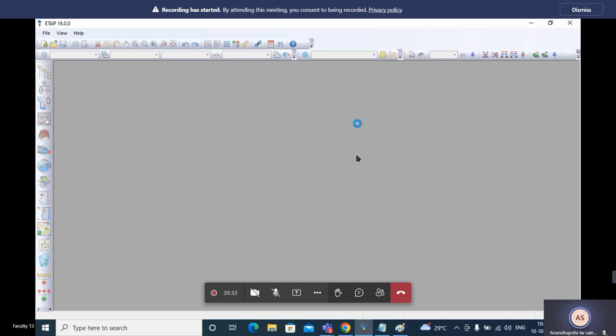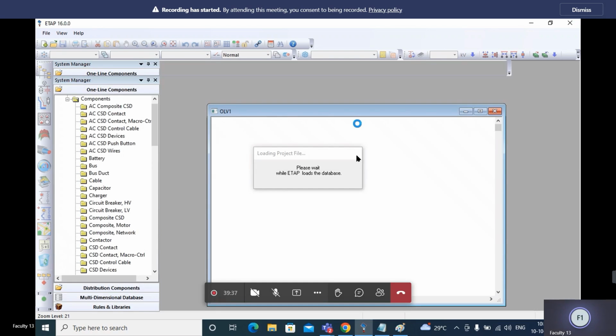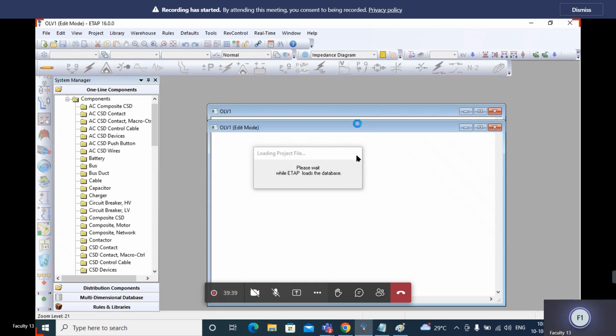In the IEEE method, first I am going to discuss without ground rods, using only the earth mat, that is the conductors. After that, in the same design, I am going to discuss with the ground rods. You can see the difference in the outputs, without ground rods and with ground rods.